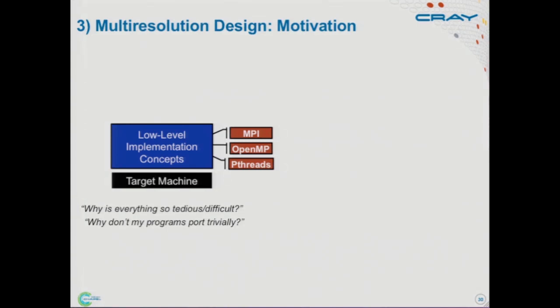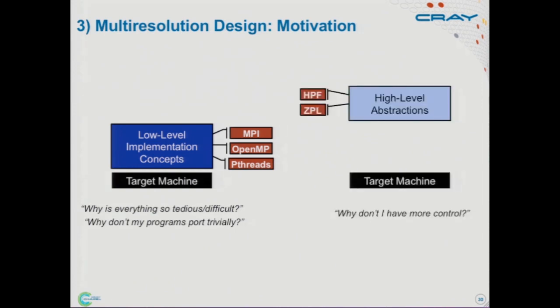And not all programming models have been low level like this. So there have been higher level programming models proposed over time. Most of them have not caught on. Two that are kind of near and dear to my heart are High Performance Fortran and ZPL, which were two high-level programming models that came out in the 90s. And these both have these nice data parallel abstractions, global view arrays like the ones I said Chapel had.